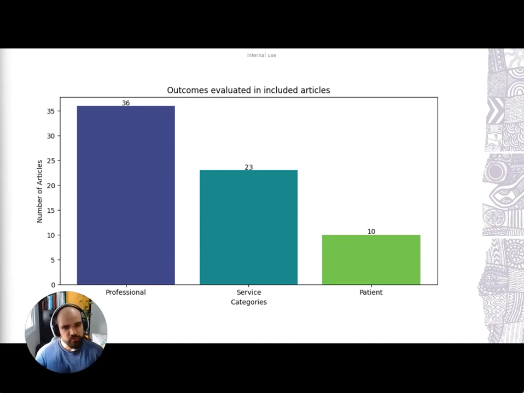We were also interested in what outcomes those studies were focused on. Most of the studies measured some outcome related to healthcare professionals, such as professional satisfaction, time needed to review the patient chart, or agreement rates on the problem list completion. Some studies involved some kind of outcome related to healthcare services, such as cost and documentation quality. And what most caught our attention was that patient outcomes were the least studied.